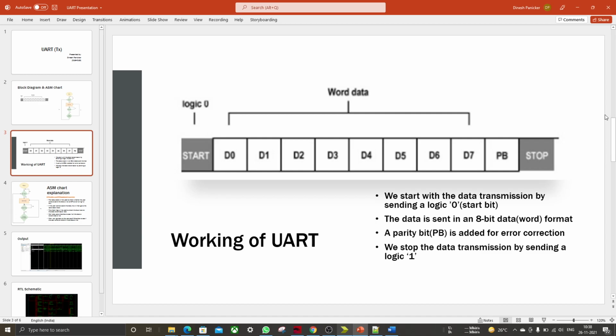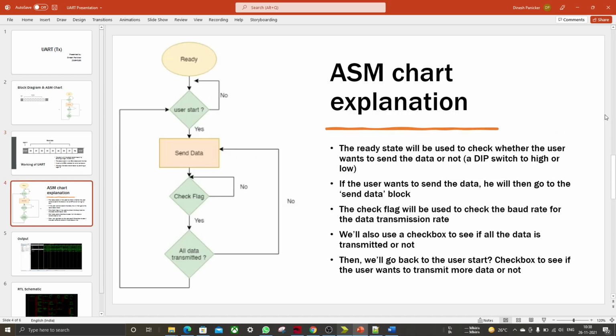Let's move on to the ASM chart for the code. This is the most important thing. What is an ASM chart? ASM chart means algorithmic state machine. It's very similar to data structures in C, where you can use data structures to represent any kind of code, like how you represent stacks, queues, and hash tables, and so on. The same way, you can use an ASM chart to make your code much simpler and reduce the complexity of understanding things. You can just use signals and stuff for going through it.